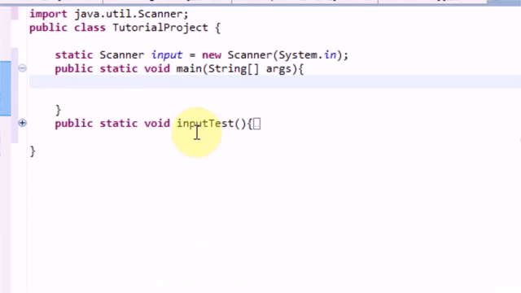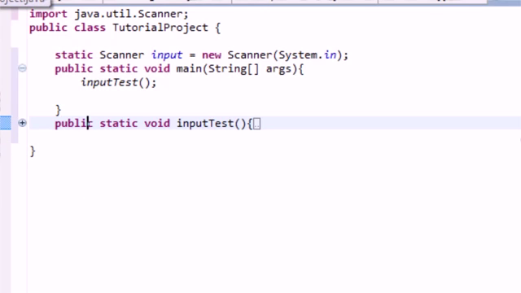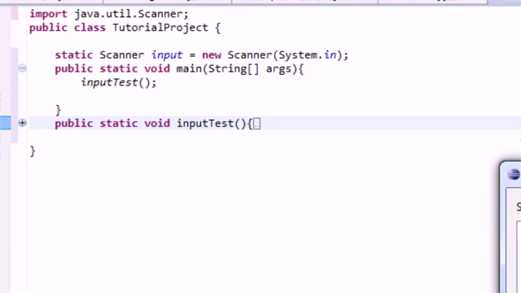Now, in order for the method to work, we have to tell the main to call that method, and this can simply be done by typing in the method name, and then open and close parentheses, and then a semicolon. And once that is done, it will go italicized, and it will call the method as soon as the application is started. So let's go ahead and test this out. We're going to run the tutorial project.java,